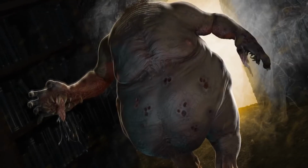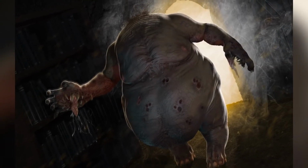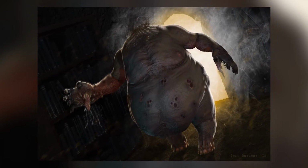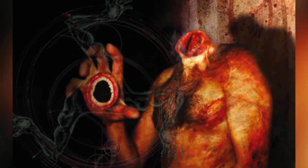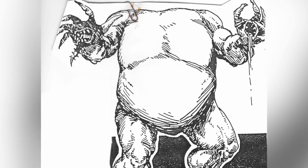To this end, Ygolonac creates a cult enlisting folks who read forbidden literature. This results in him manipulating his victims into reading a chapter of the Revelation of Byakhee, which houses his name. Once summoned, he will ask the summoner to become his priest. If not, he will devour them. Not only that, but he has the ability to possess potential hosts. Upon acquiring a host, Ygolonac is manifested as a morbidly obese man lacking a head and neck. On top of that, he sports 2 mouths on the palms of his hands. In the short story we mentioned earlier, Cold Print, Ygolonac takes over a bookstore after he gruesomely murdered the owner